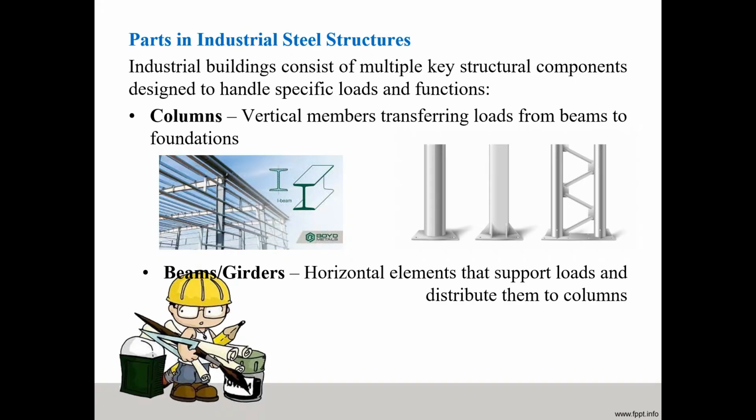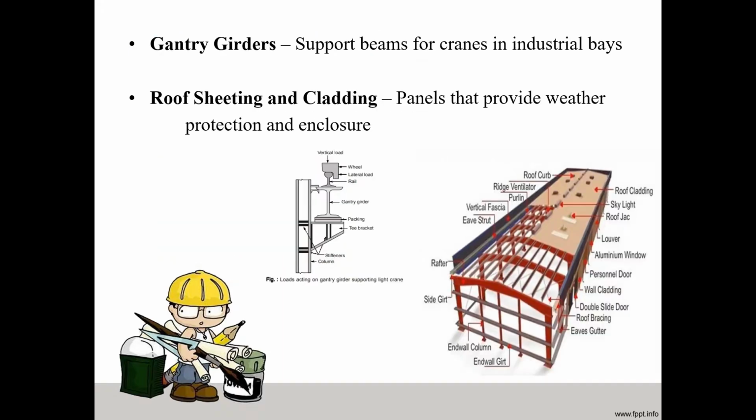First one is the column, the vertical member transferring load from the beam to the foundation. Then the beam or girder, a horizontal element that supports load and distributes it to the columns. Then the gantry girder, it supports the beam for the crane in an industrial building. Then roof sheeting and cladding, the panels that provide